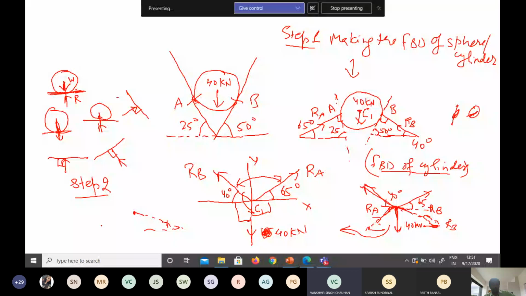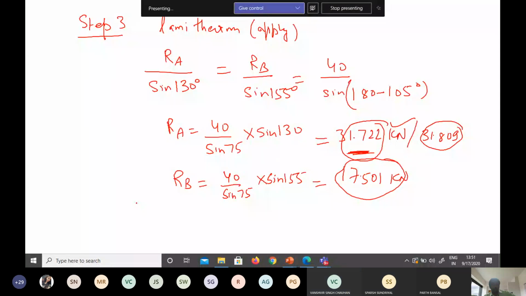Fine. So should I share what answer you are getting from the resolution of force? Yes, sir. Same answer. Very good. Now do one more numerical. Sir, can you write down a numerical? Write down a numerical, and I will show you the figure, and then try to solve it.